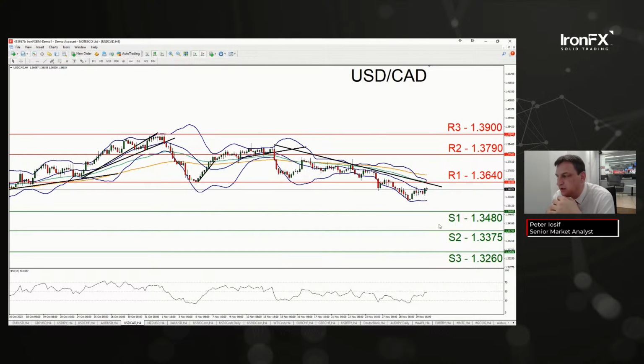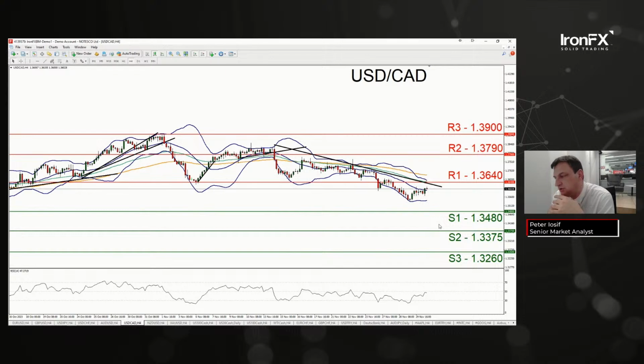But for the time being, we tend to maintain the view that the bearish outlook is going to be maintained, and the price action may start once again aiming for the 1.3480, maybe even breach the S1. In that case, the next possible target for the bears would be the S2 1.3375. On the other hand,